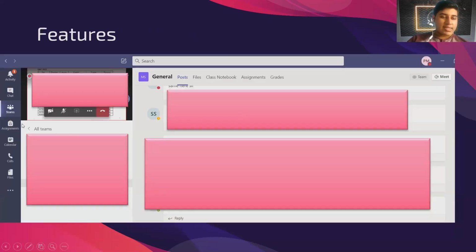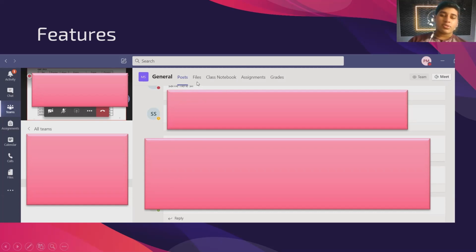Now the features. Now I have opened a team. Here is the team detail, which team it is. I have hidden it. Here is the class overview, so basically it's minimized. Here are various tabs, so we'll talk about them one by one. First is post. In post, we have messages from your classmates and your teacher. Here you will find links to forms, polls, links for assignments, various things. I'll talk about those in detail later.